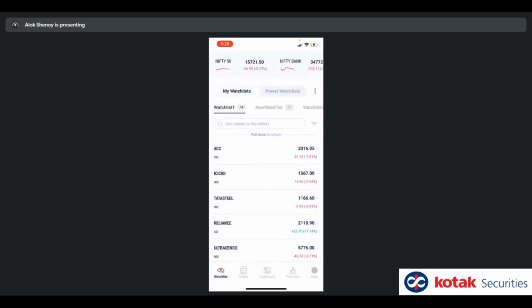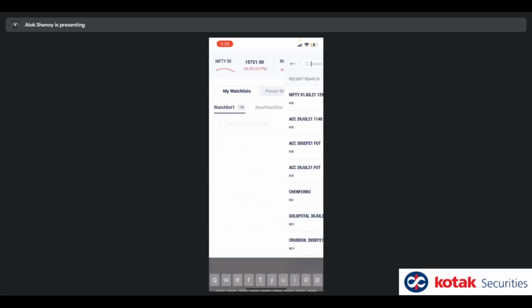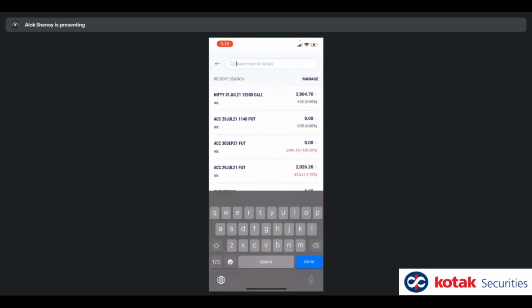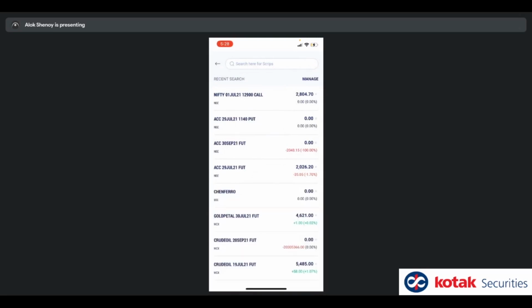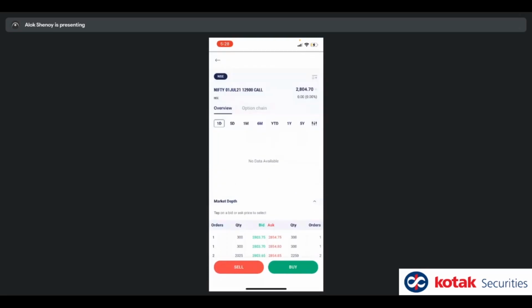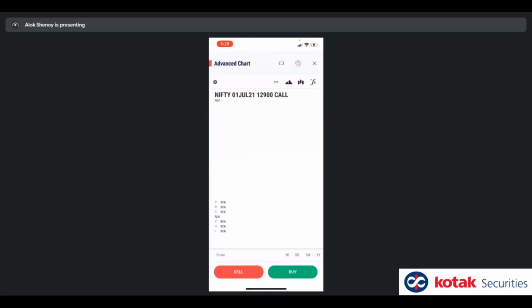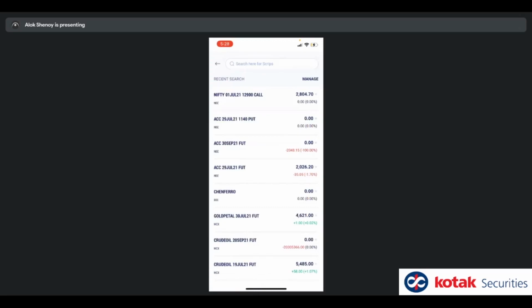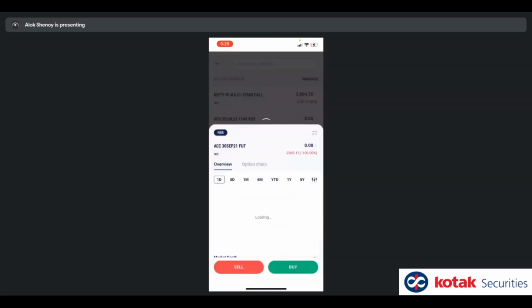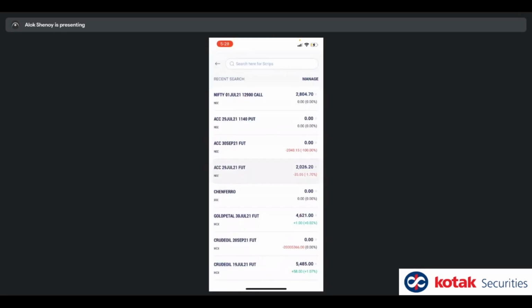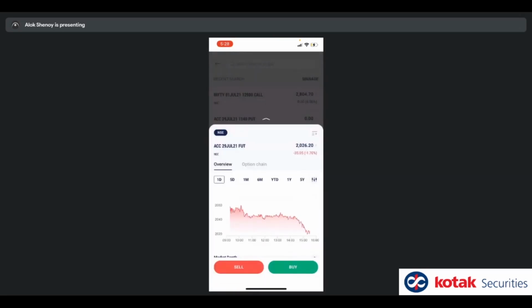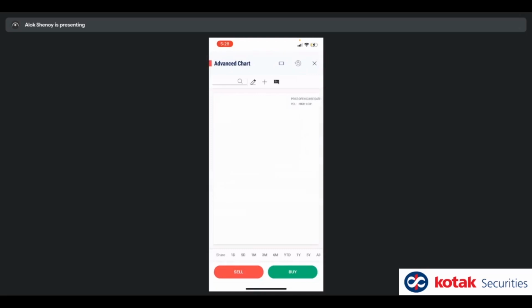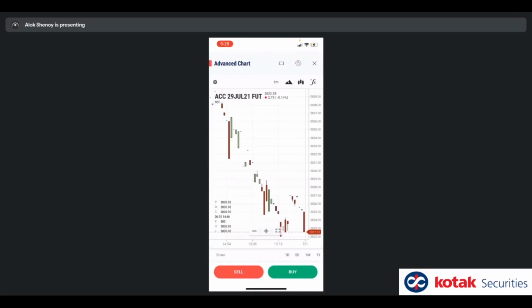I'm seeing somebody asking again about option charts. So I'm going to open an example, for example, a Nifty chart. You click on this and it should populate the data. If the data is available, it will populate in this advanced chart here. All right, I think there's no data on this one. In the futures case, I was able to show it. I'll just try and open a futures case. Yeah, so here, this is your chart populating.